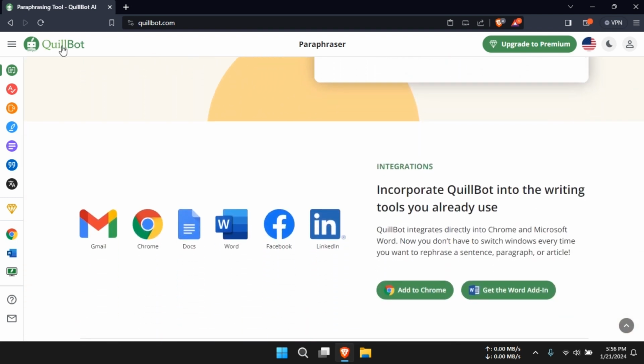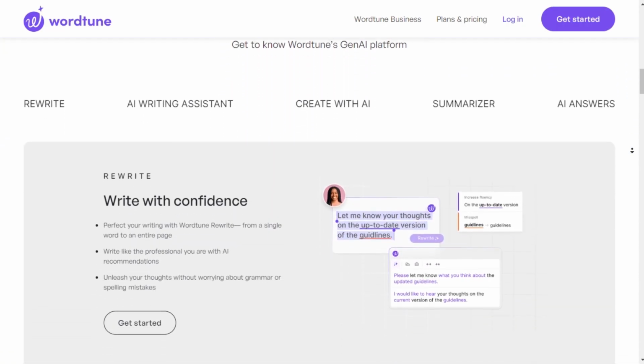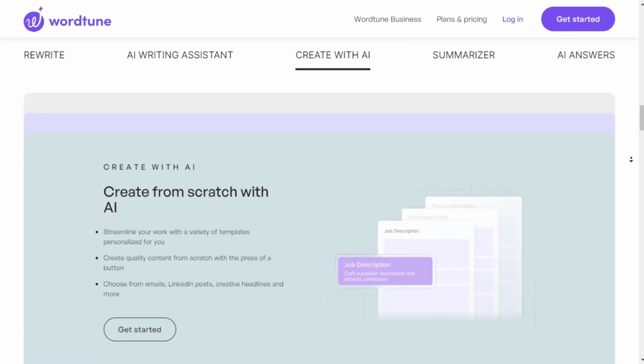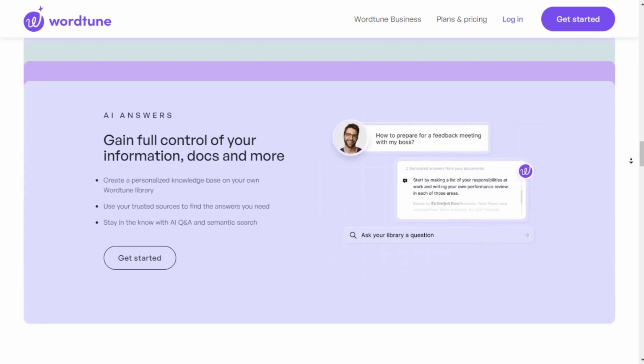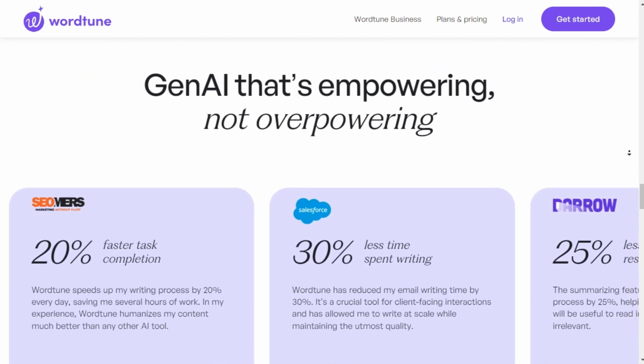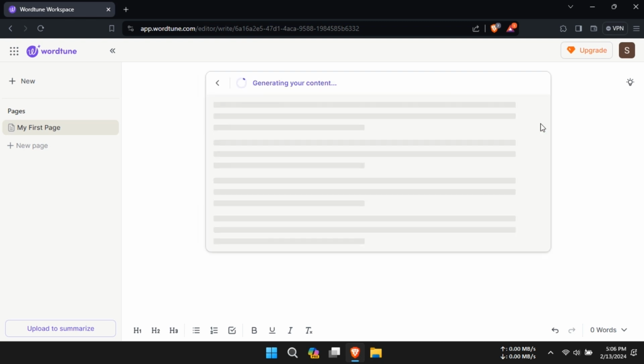First off, let's talk about Wordtune. This tool impressed us with its intuitive interface and robust paraphrasing capabilities. We found that Wordtune offers a wide range of options for rewriting text, allowing users to choose from various tones and styles. Additionally, the paraphrased results were consistently high quality, making it a reliable choice for content creators looking to